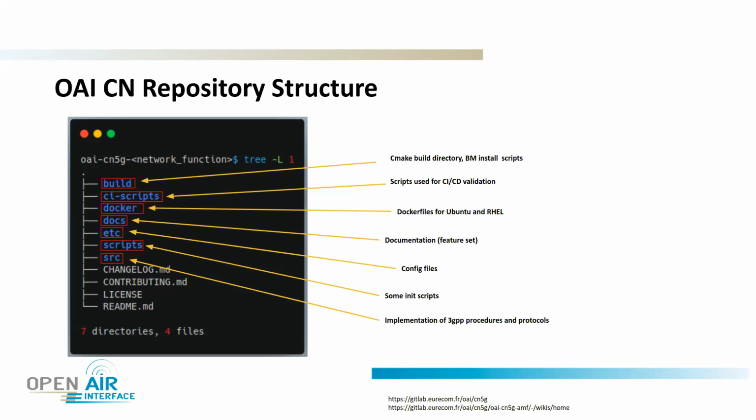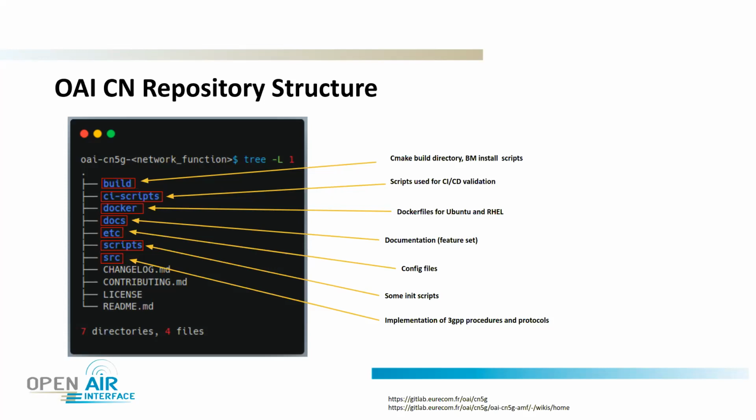So again, you have seen in the tutorial, we have something like build install and then maybe build with an option like verbose and the mode like debug. So all these scripts are included in the build directory. Then we have the CI scripts folder. In this folder, we have the scripts used for CI/CD validation at Unicom. Then we have a Docker folder, which includes the Dockerfile for the Ubuntu and the Red Hat based image build